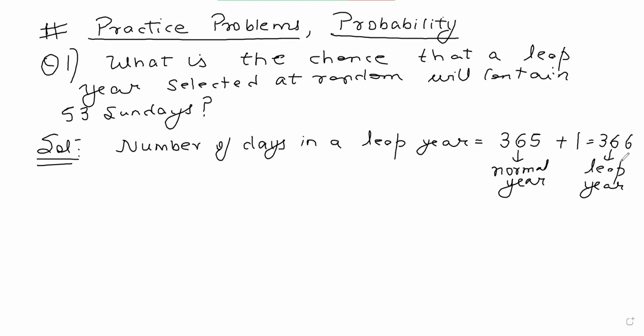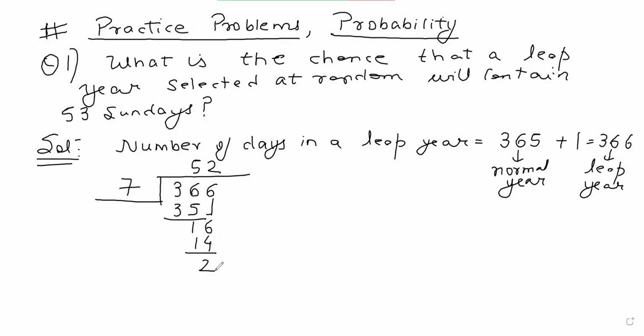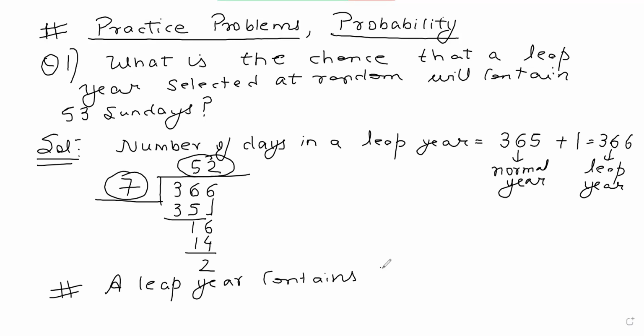Okay, now if I check this out in terms of number of weeks, how many total number of weeks do we have in a year? So if I divide 366 by 7, because a week contains 7 days. So 7 5 35 and 7 2 14. That means I can say that a leap year contains 52 weeks comprising of 7 days